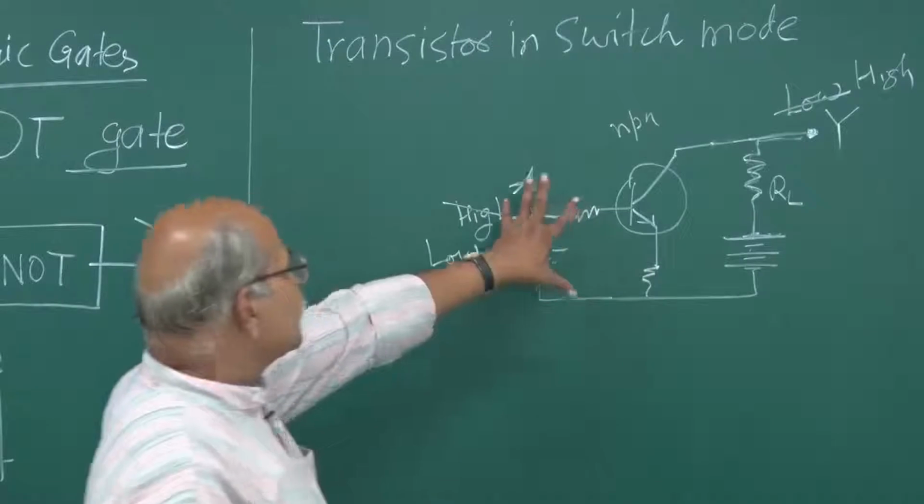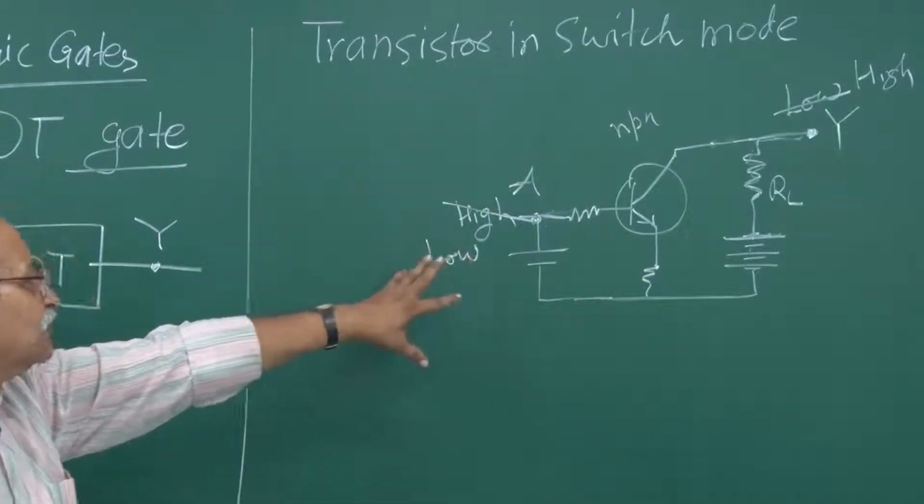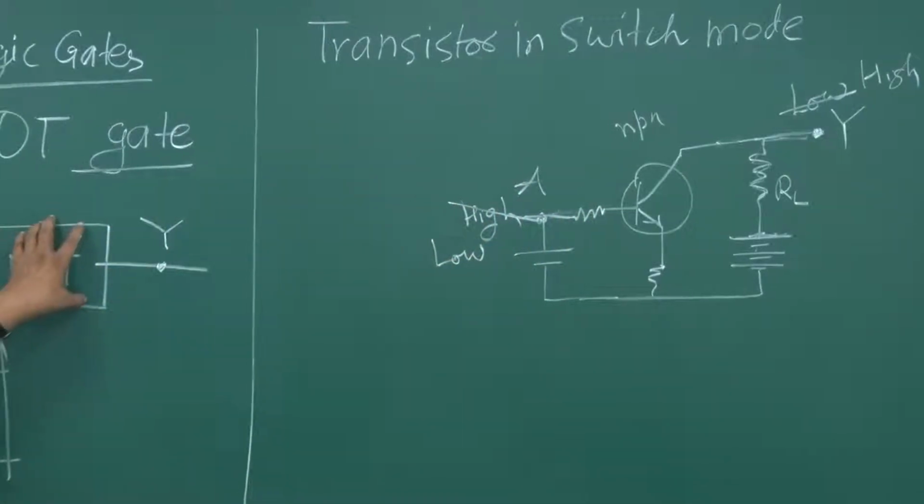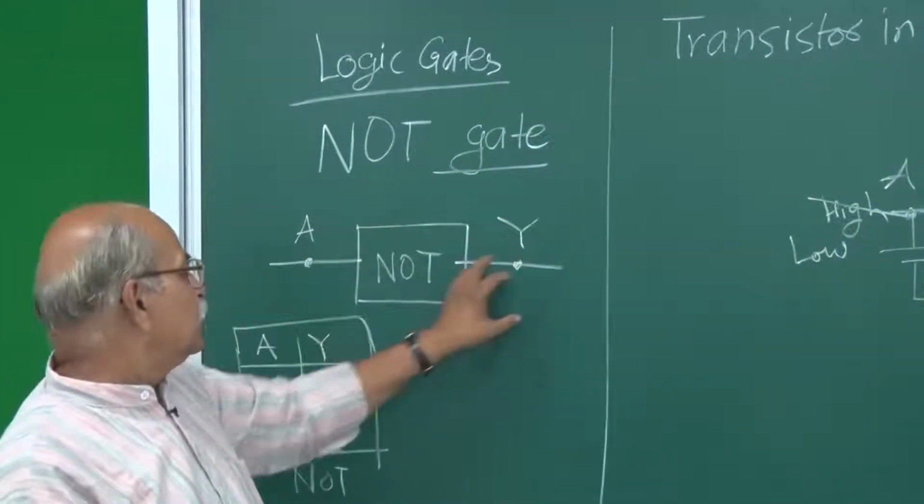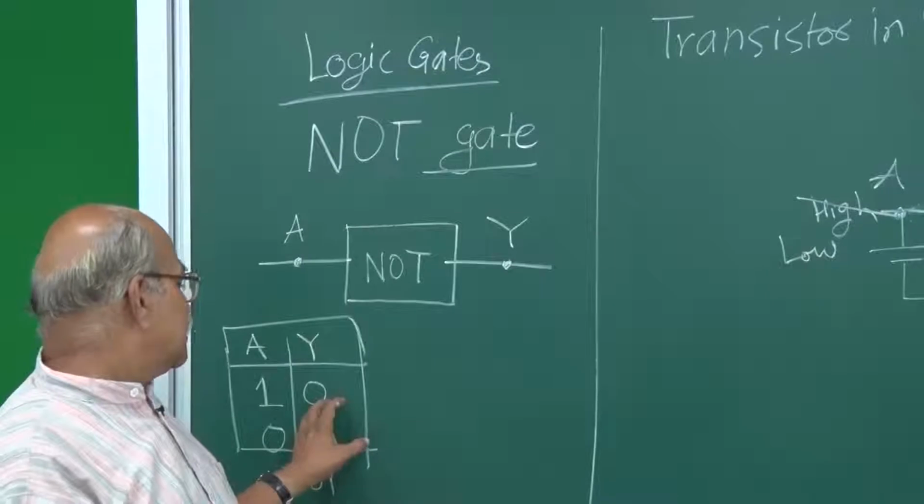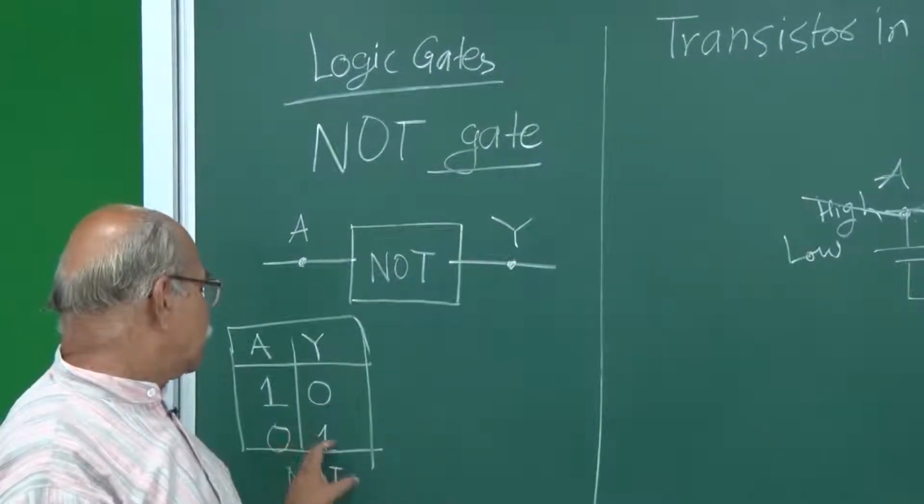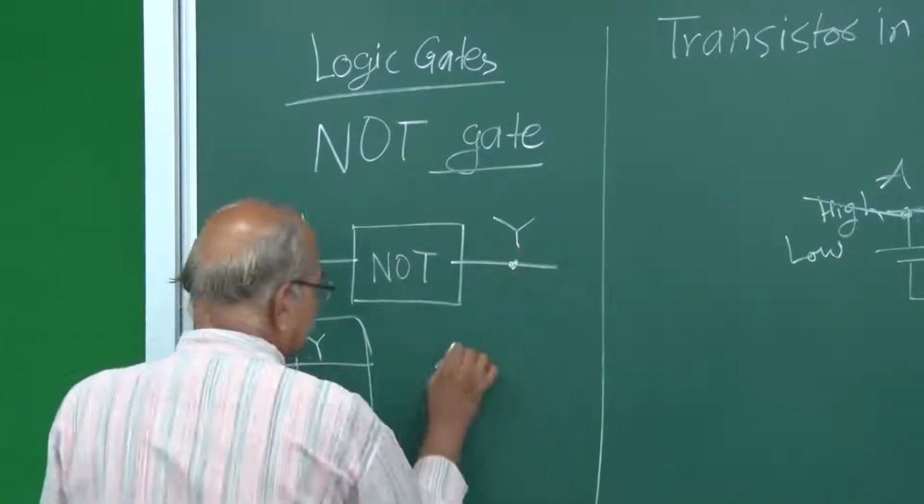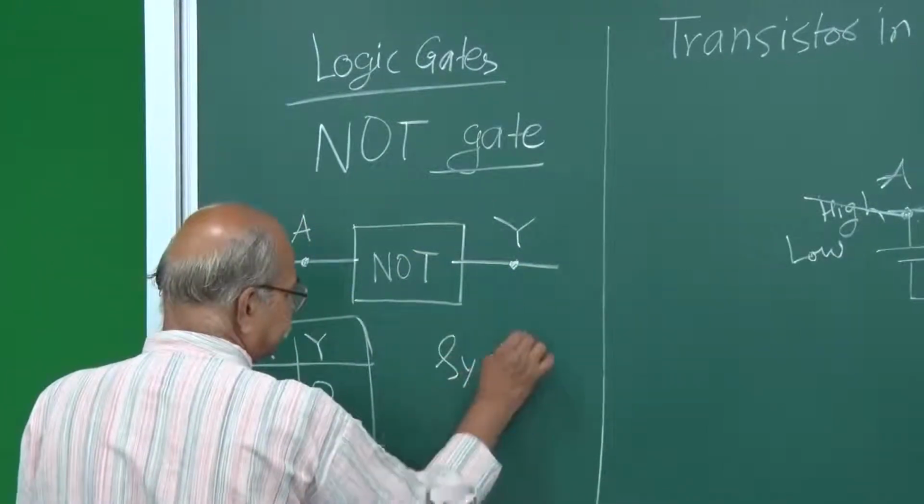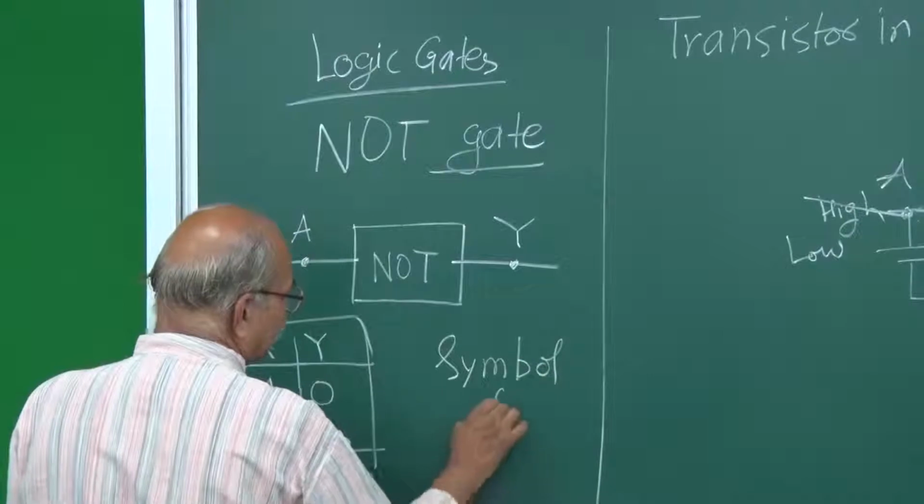So this single transistor itself is a NOT gate. You give one input, you get one output. If the input is 1, output is 0, and if input is 0, output is 1. And there is a symbol for it, the symbol for NOT gate,